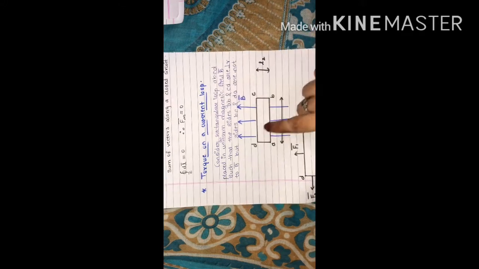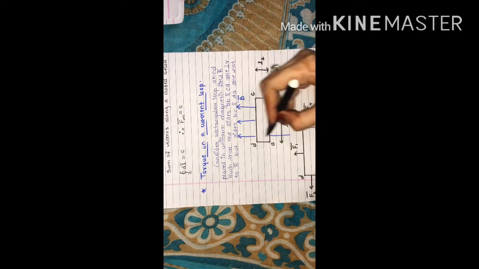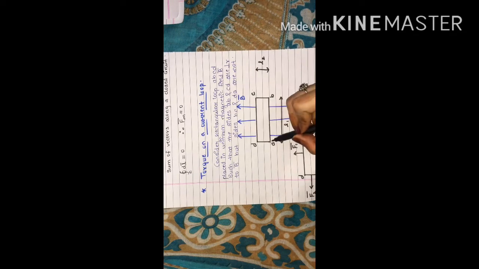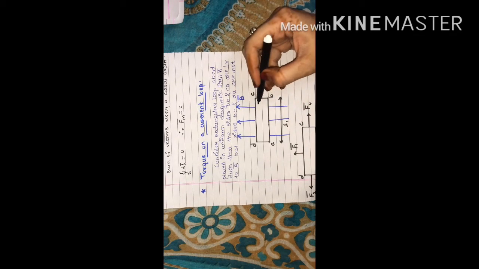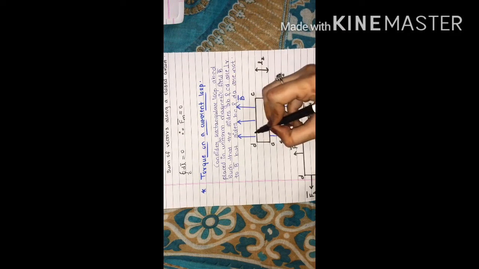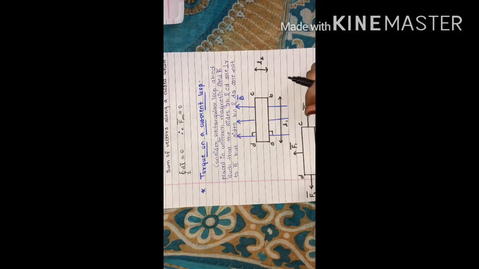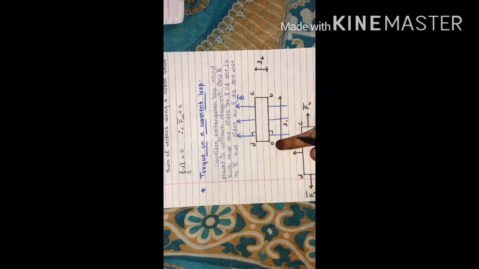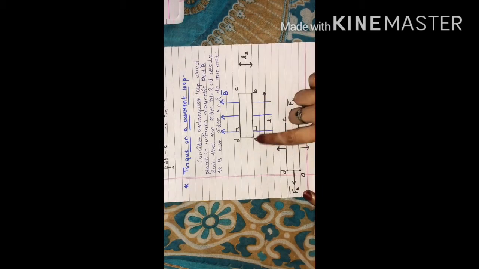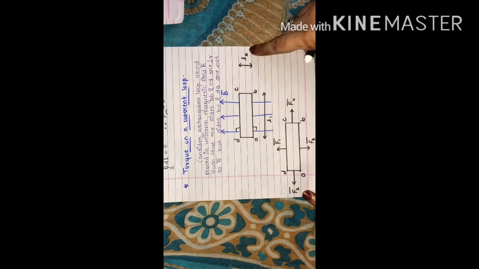Consider a rectangular loop ABCD placed in a uniform magnetic field. This is my rectangular loop, and the current is flowing through the loop. The magnetic field is perpendicular to sides CD and AB, and not perpendicular to sides BC and AD. As you can see, the magnetic field which I have drawn with the blue sketch pen is perpendicular to sides CD and AB.